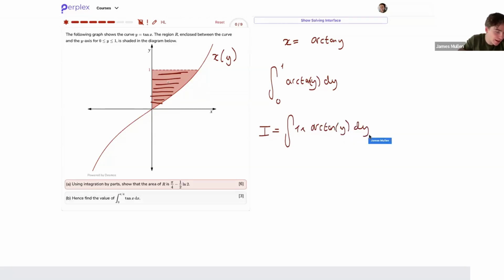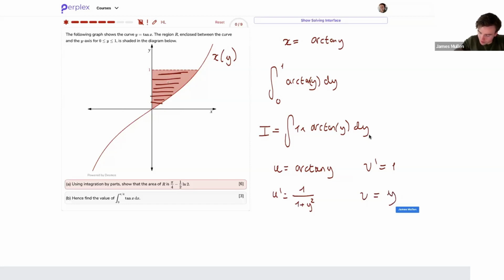That's a little bit silly, but what I can do then is say u is equal to arctan of y, because I don't know how to integrate it, but I know how to take its derivative. That means I can let v prime be equal to 1, so u prime is 1 over 1 plus y squared, which is in your formula booklet, and v is equal to y. So my integral can then be written as y arctan of y minus the integral of